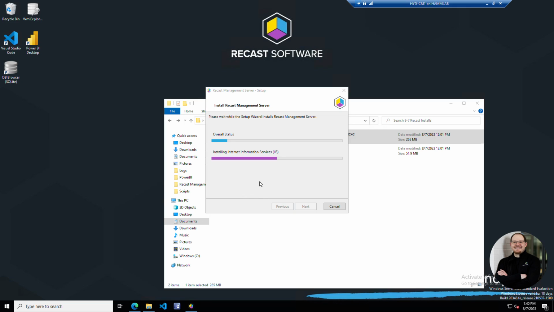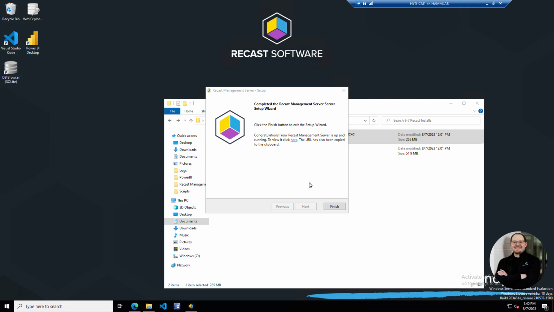You can see it's installing IIS and then the Recast Management Server. If I didn't have the .NET stuff already installed, like the .NET 6 hosting bundle, you'd see that get installed as well, and it'd take a little bit longer, but yeah, it's relatively quick. Awesome. So I sped up the video a little bit, but the installation of the Recast Management Server and Proxy are